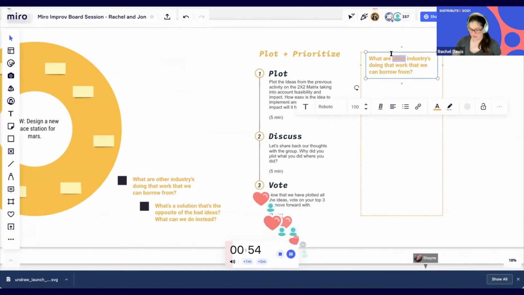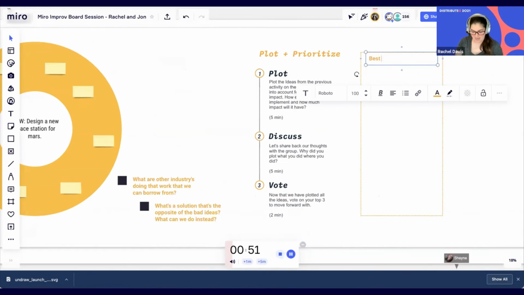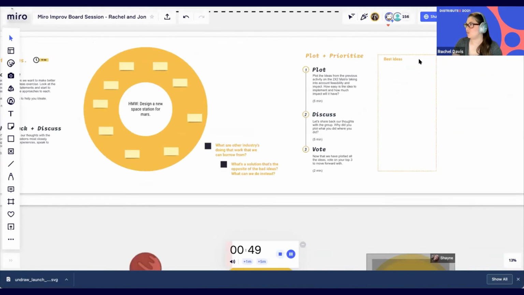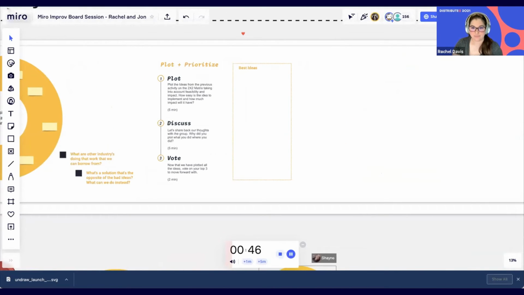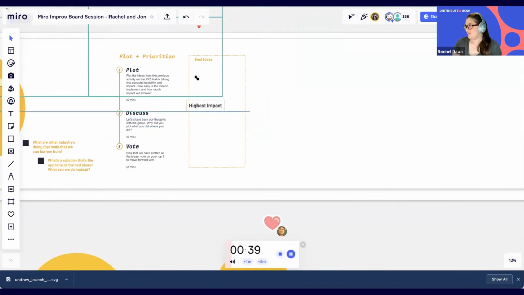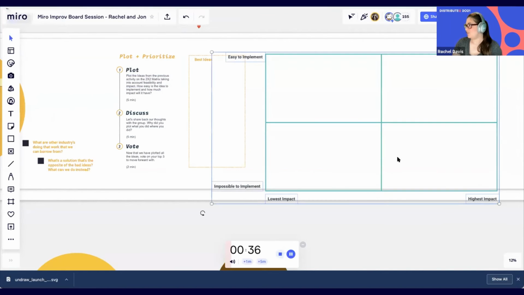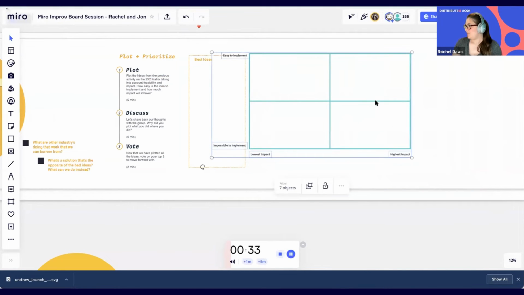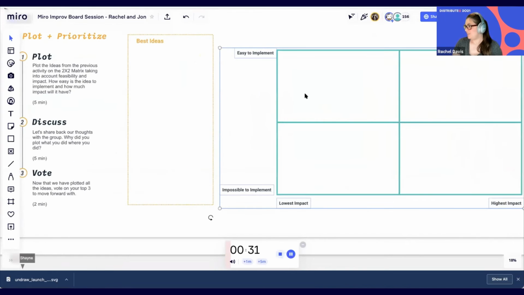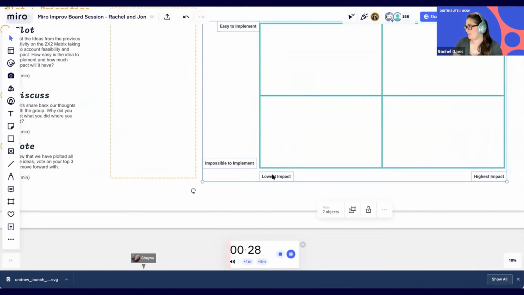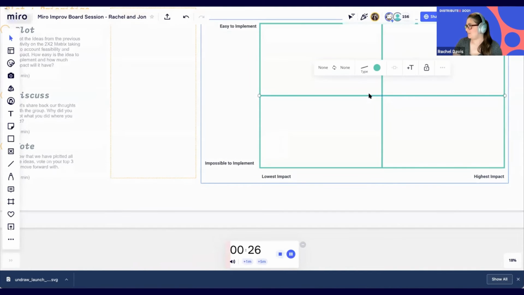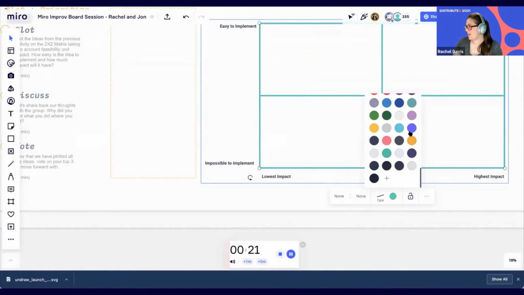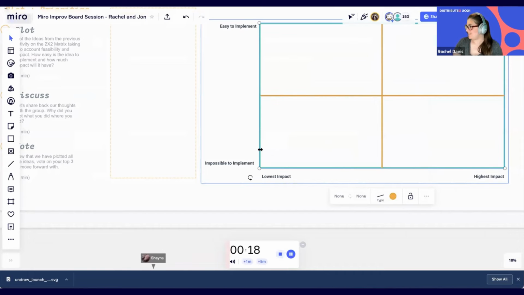All right, so these are right. This will be your best ideas here, and usually I'll have a facilitator make copies of those and bring those over and organize them a little better over here. All right, and for time's sake, I'm just gonna give you a quick matrix here. You can actually create this using boxes in Miro. And this is a great one, from easy to implement, impossible to implement, lowest impact to highest impact. And then you'll just go ahead and have your participants plot their best ideas on here